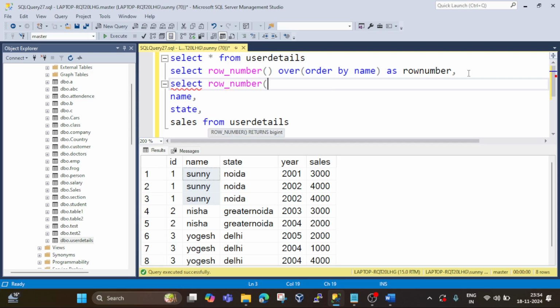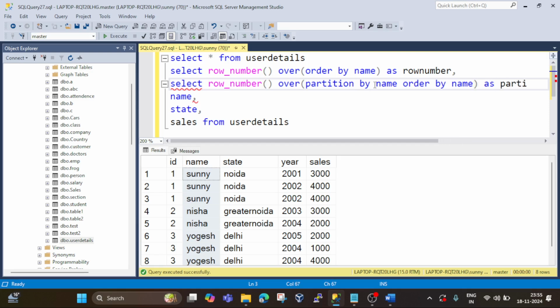and as I said, if you are using row number you have to use the OVER clause, but there is a small difference. Now here we will use partition by, so we have to do the partition on the name column. It again depends on the requirement: for which column you are doing the partition. Here we are doing the partition for name, so we will use name here, and then order by name